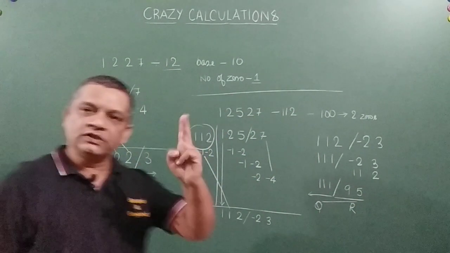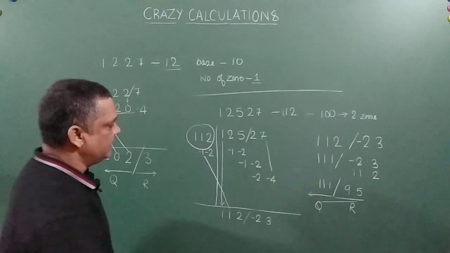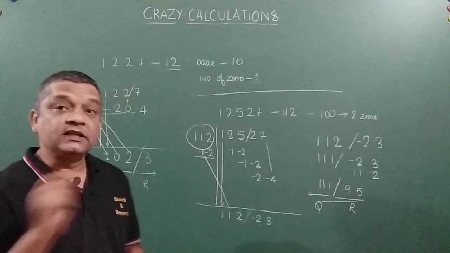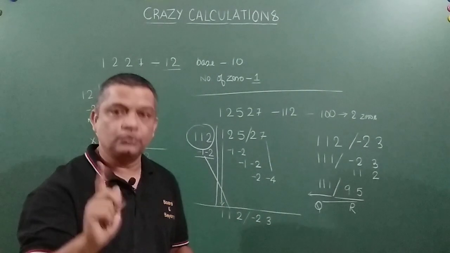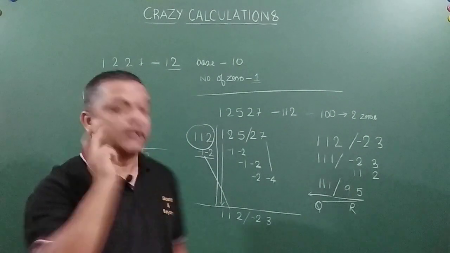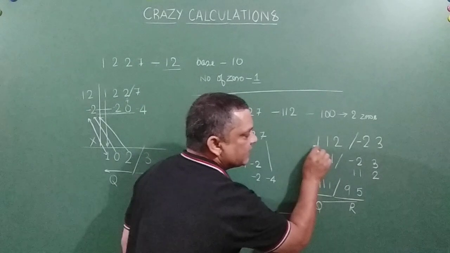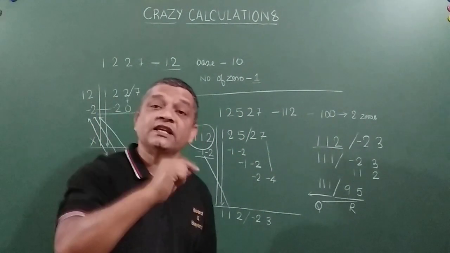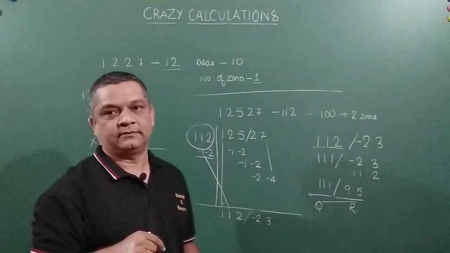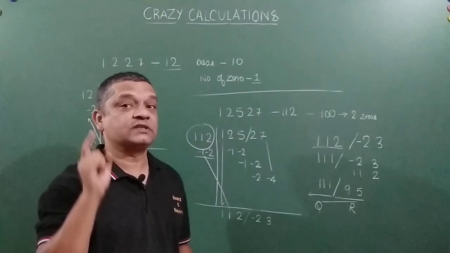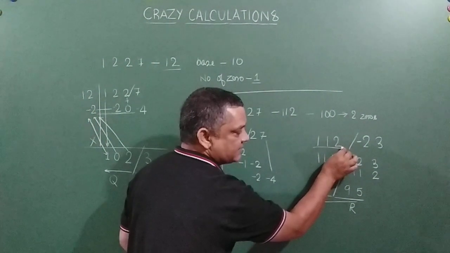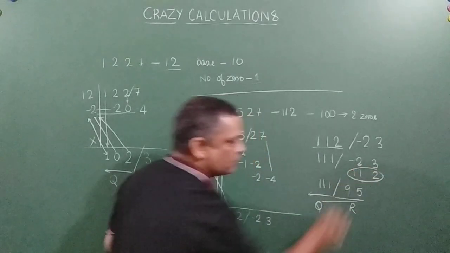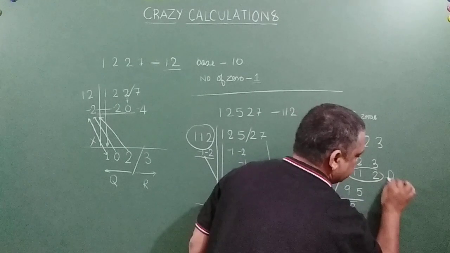So friends, there are two things to understand here. One is that you need to represent 12 in the form of minus 1 and minus 2, number one. Number two, whenever you are taking out 1 from the quotient, that 1 is equal to the divisor. That is not just 1. So I have taken 1 out from here, and that 1 is equal to my 112, that is my divisor.